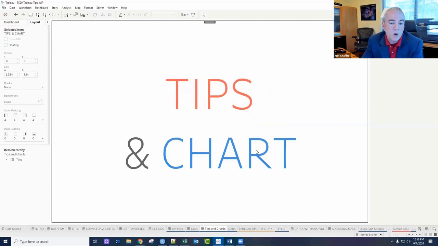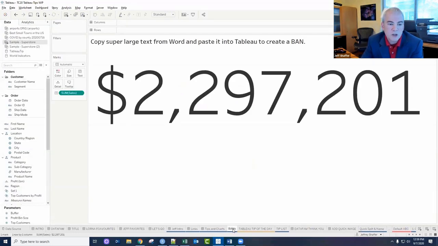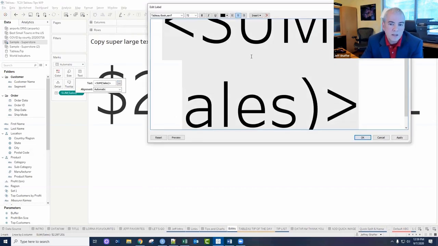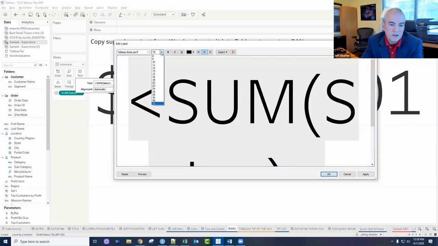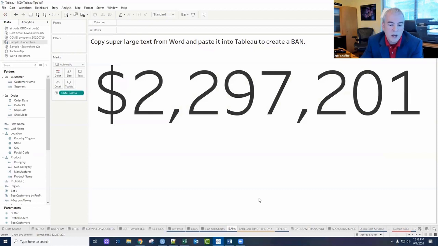And again, that'll work anywhere in your text, your labels, anywhere in Tableau that takes text, you can copy and paste from Word. This works especially well when you want to have a really big band. So in this case, I did the exact same thing. I just copy and pasted it into the text box where you can see it's much larger than the 72 that it gives me as a default, but I can have a really, really big number that I can use